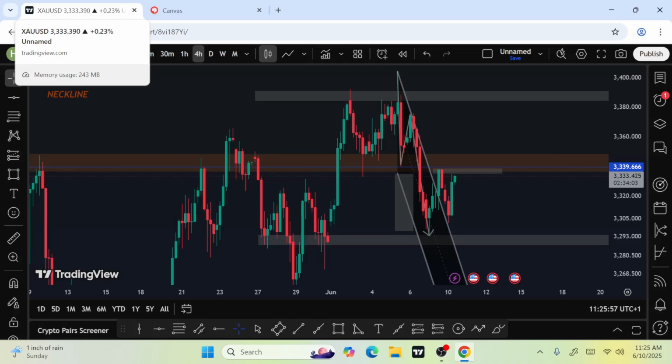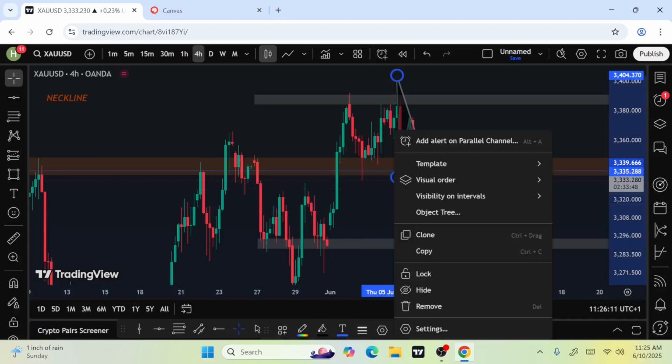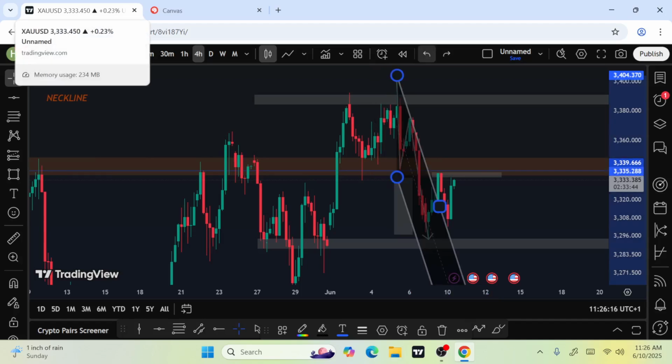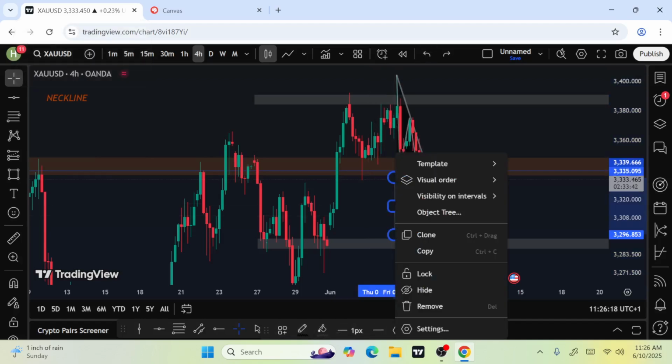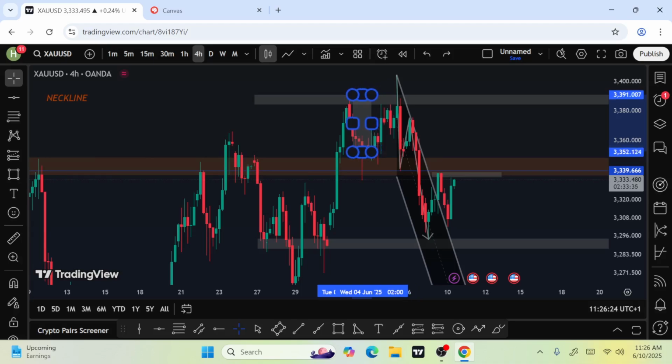Yes, this one. I may consider this as the neckline. But you are placing this one. Okay, you want to consider this as the neckline? Yes. I'm considering this one, not this one. When you put your rectangle from this place as the length of what you judged. Okay. Do you get it?